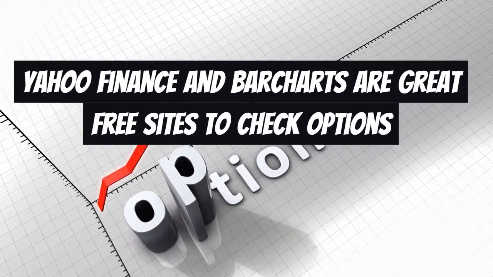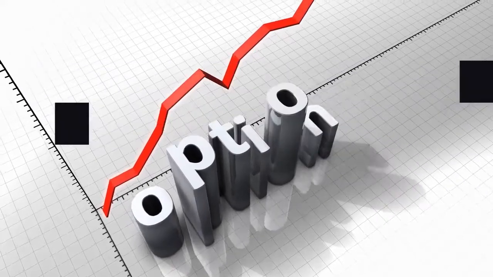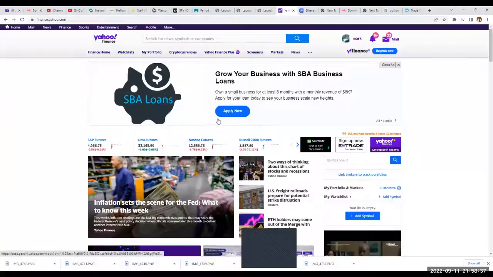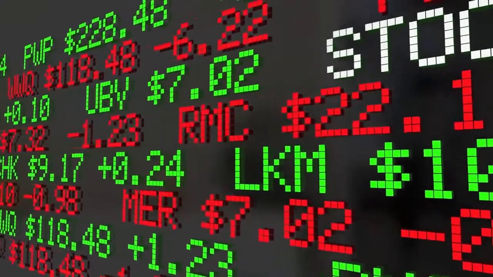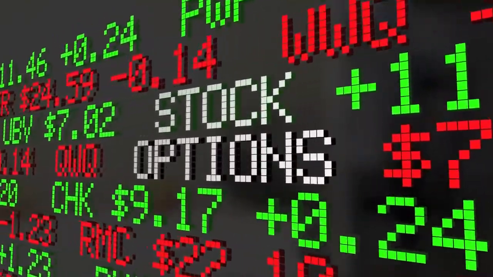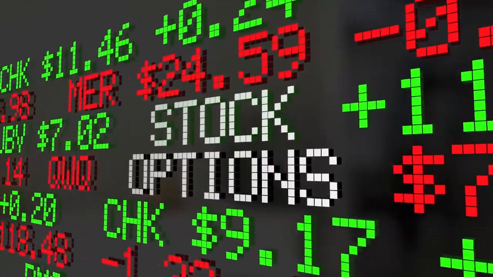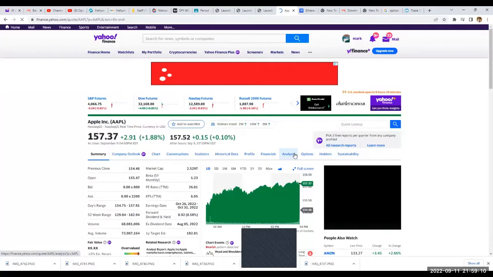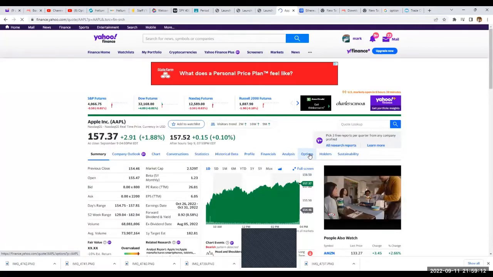Okay, there's really two main sites that I use to check options before I actually go to my stock account and actually try to figure it out. So this is really stock option part one. We're going to have to go into a little bit more detail when we go into some of the Greeks and picking out actual strike prices. But if I can help you now, I will. All right, let's just pick any stock. I've already done this in the future videos of all these different things, but this time, we're going to go to something called options right here.